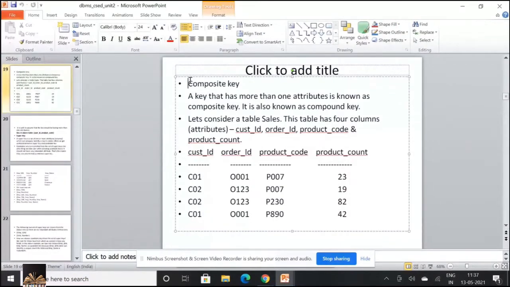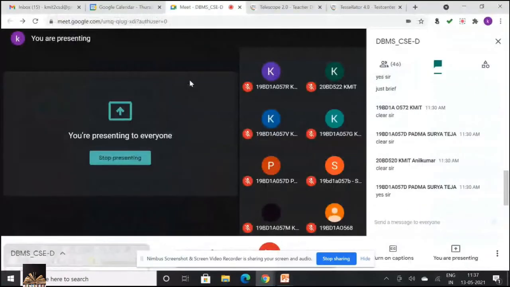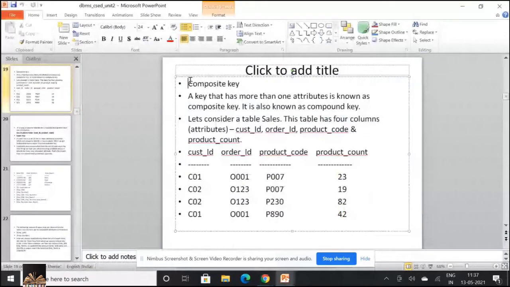So if you're not able to create a key using a single attribute, then you go with the concept of a composite key, creating a key with more than one attribute.